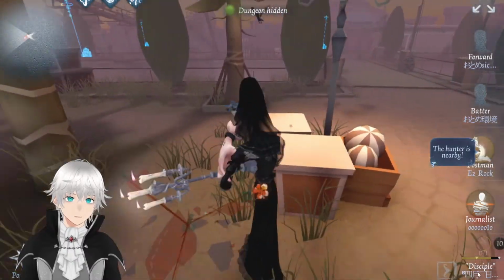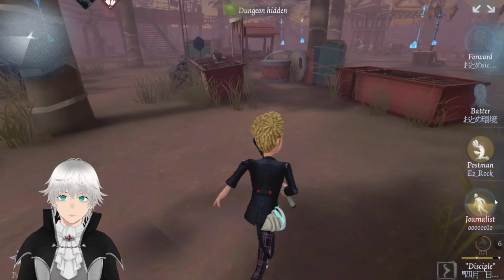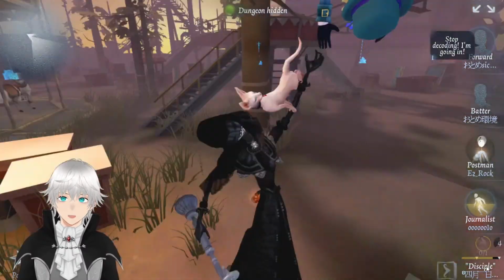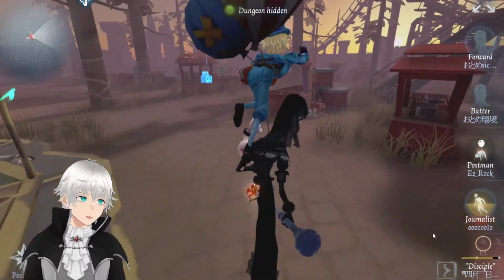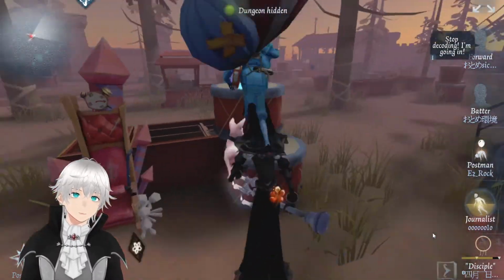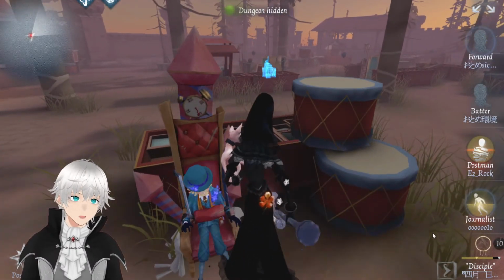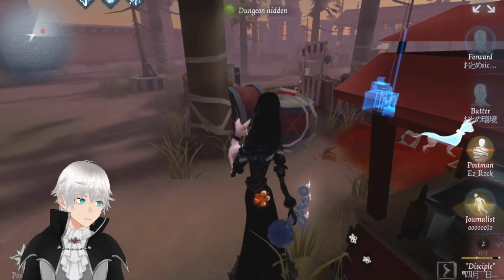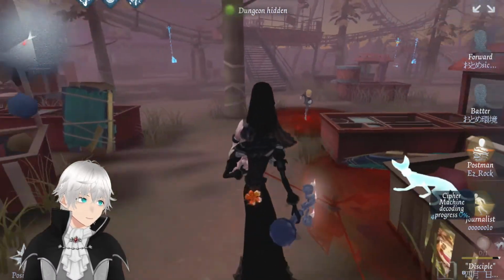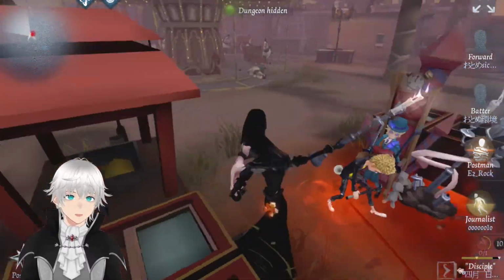Okay, the postman is down, and is anyone going for the rescue? Yes, the forward did rescue the journalist. The journalist is getting away, and Anne switches. This is not a good idea. You never want to switch targets when you're camping. This is IDV. Remember, this is IDV. This isn't exactly DBD, so it's usually not a good idea to switch. But